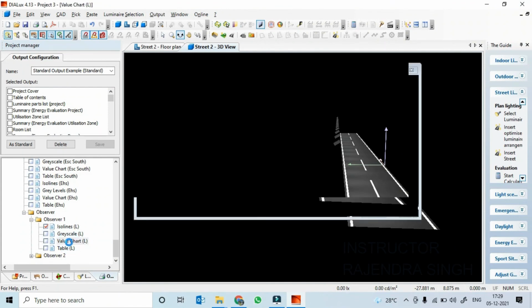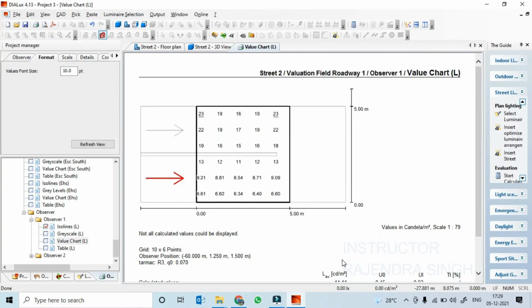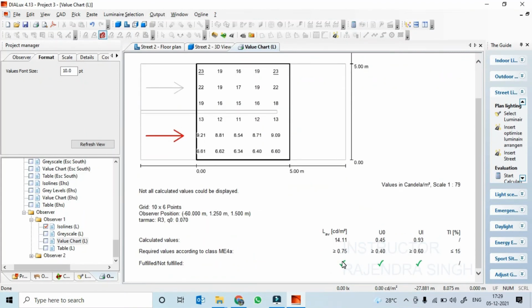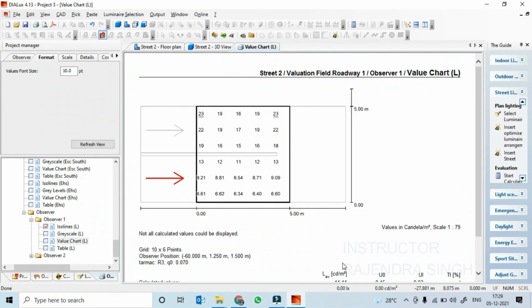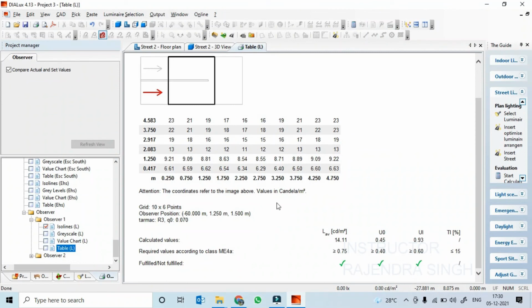See, now it has gone up to 0.45. So what we did, we decreased the spacing by one level and increased the boom angle, and in this way everything gets captured and all these tick marks are finally fulfilled perfectly. So this is one way you can do this valuation of field roadway observer value. Tables can come out accordingly and you can find the data that is required, right? These values you can also change based on your project requirement and populate all the values. Thank you.